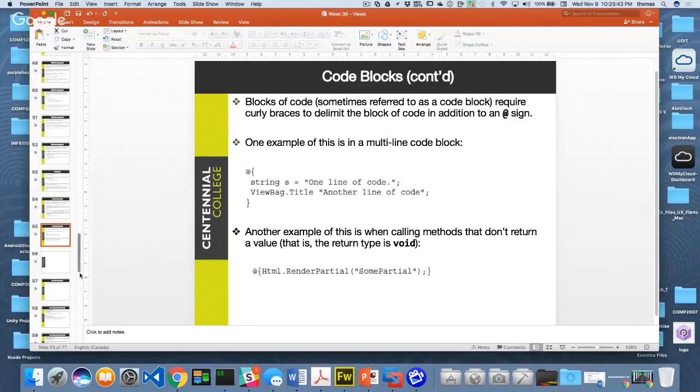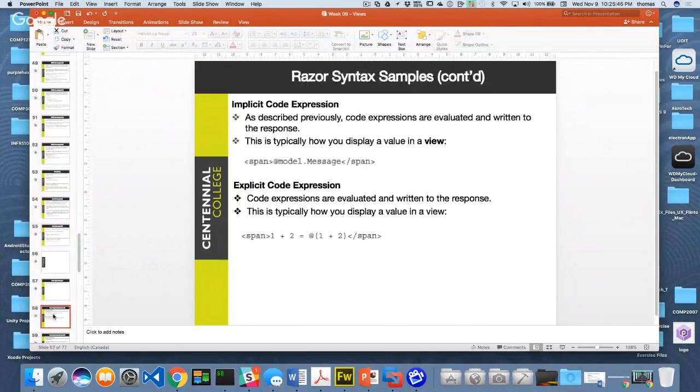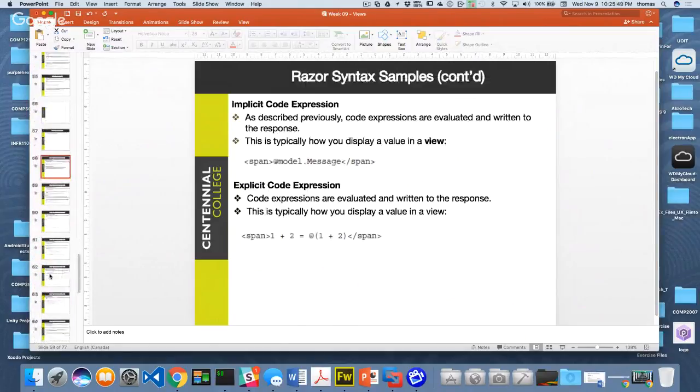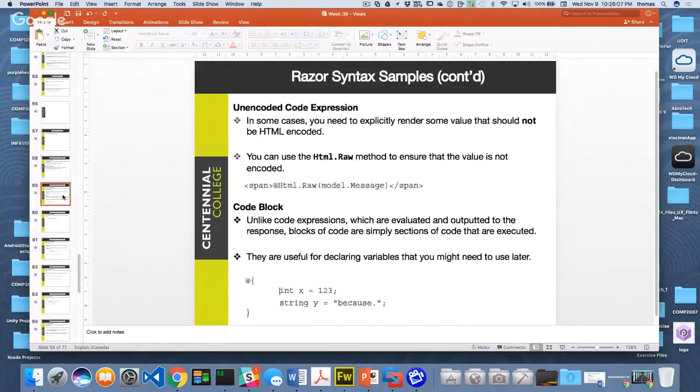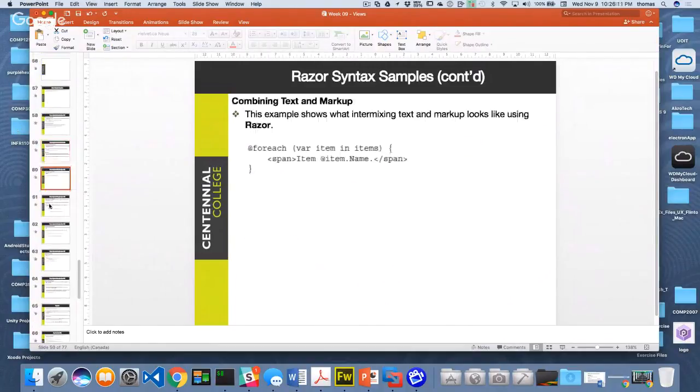@render syntax tells you where to render it, and it talks about this in layouts. By the way, this works too. If you want to calculate something inline, you can say 1 + 2 is equal to @(1 + 2), and it'll calculate it for you. Any C#, it'll try and evaluate the expression, and that's why it's called expressions. What I want to really show you is, oh yeah,